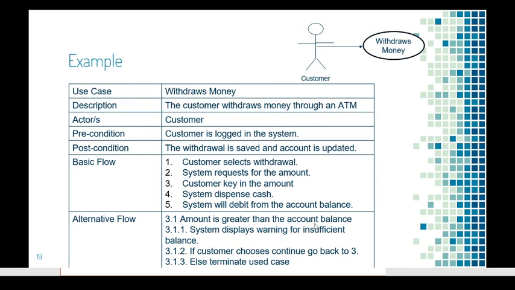The system displays a warning for insufficient balance. And then if the customer chooses to continue, then you go back to basic flow number 3. And if the customer does not choose to continue, well, then the use case will be terminated. So that's why it says terminate use case. So that's an example of a use case